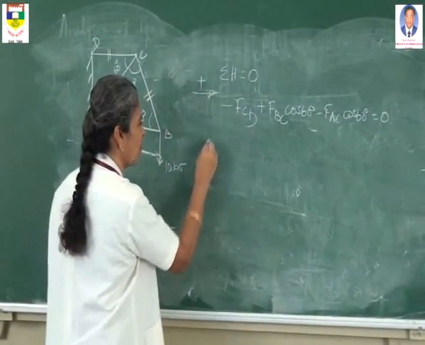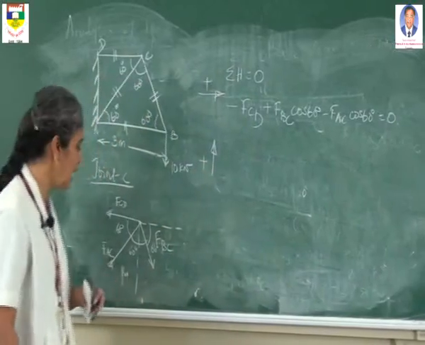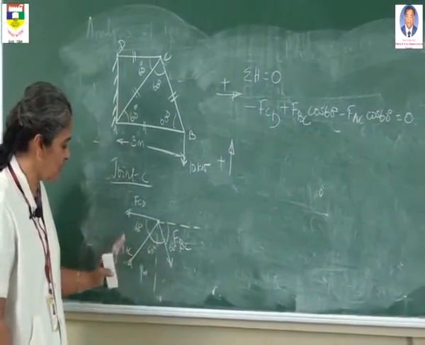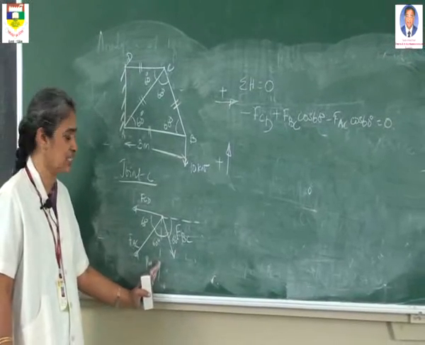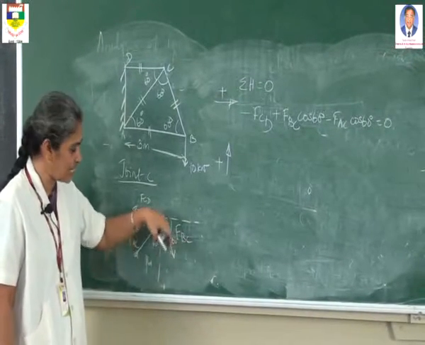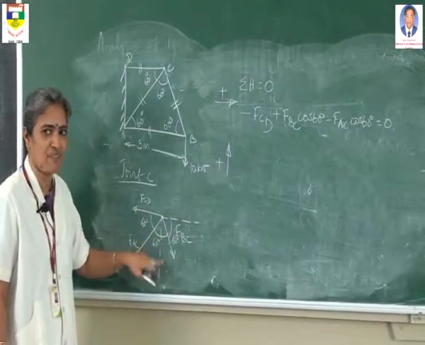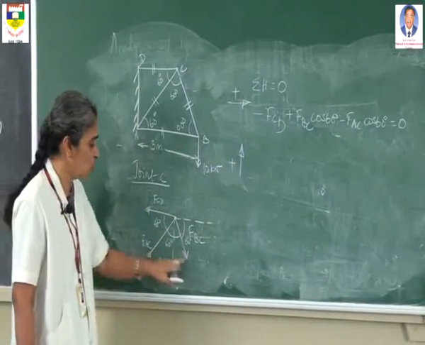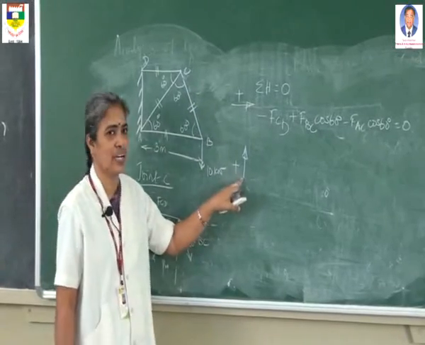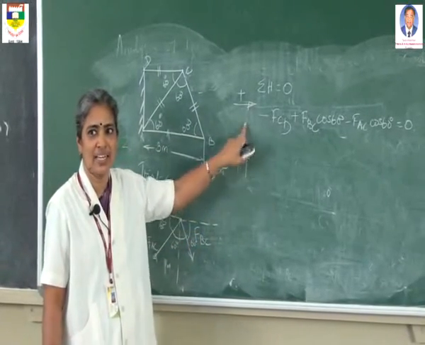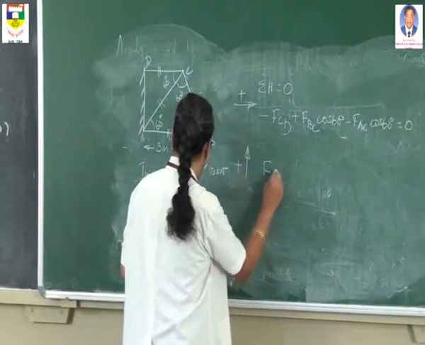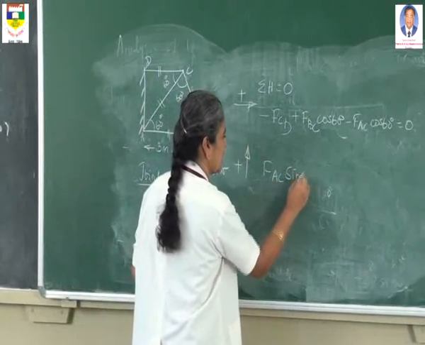Next, resolve all the member forces in the vertical direction. In the vertical direction, you are having only two member forces. You are resolving this FAC in the vertical direction, you will get FAC sin 60, and resolving this FBC again in the vertical direction, it is FBC into sin 60. These two member forces are acting in the downward direction, and we have considered the sign convention. The forces which are acting upward are taken as positive. Therefore, FAC sin 60